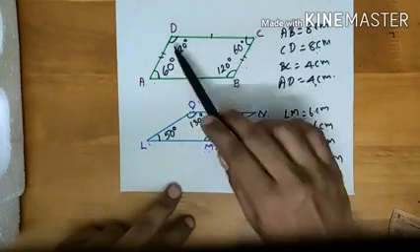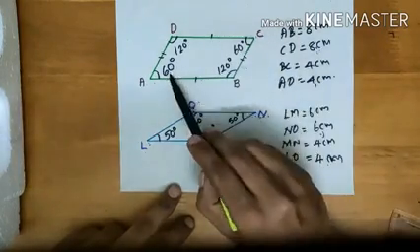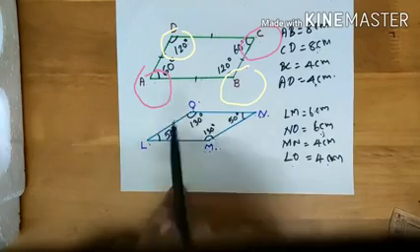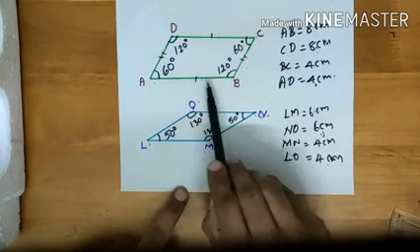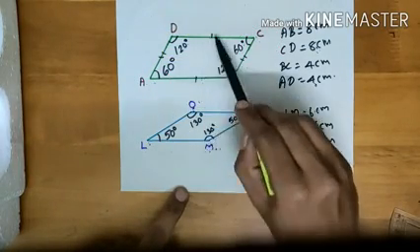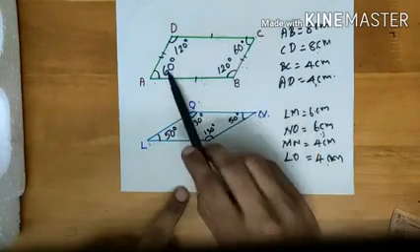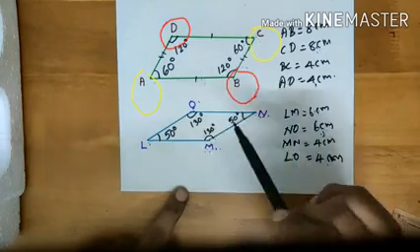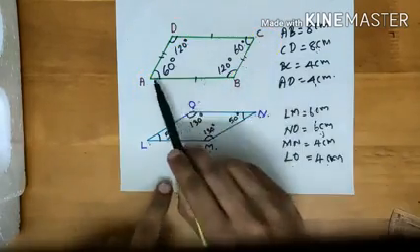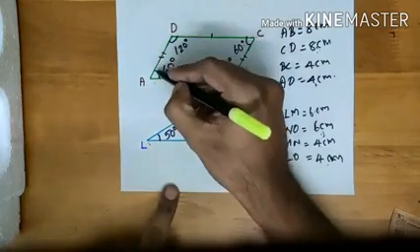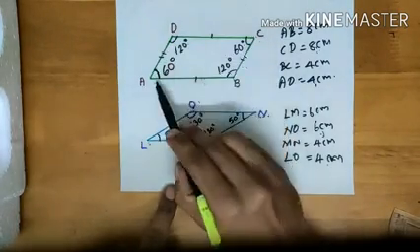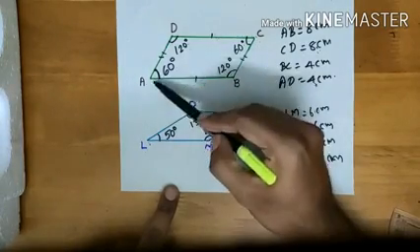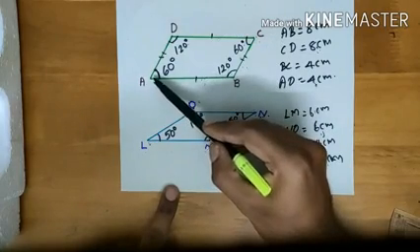In the first, consider parallelogram ABCD. What about the opposite angles? So what is the first property? A parallelogram has 4 sides in which opposite sides are equal and parallel. And what about angles? Opposite angles are equal. Okay. So now consider the adjacent angle. What do you mean by adjacent angle? Or what are the adjacent angles to A? Adjacent angle means nearby angle. Okay. So what are the adjacent angles to A?